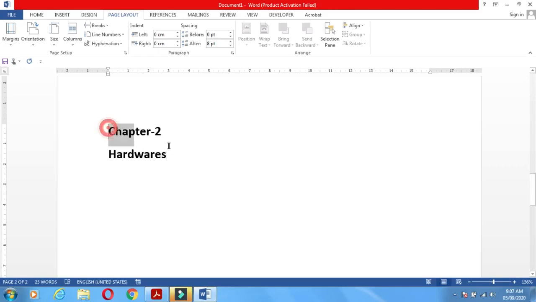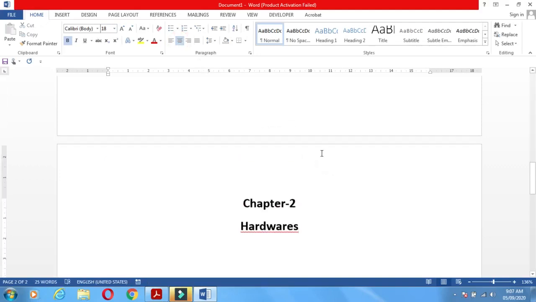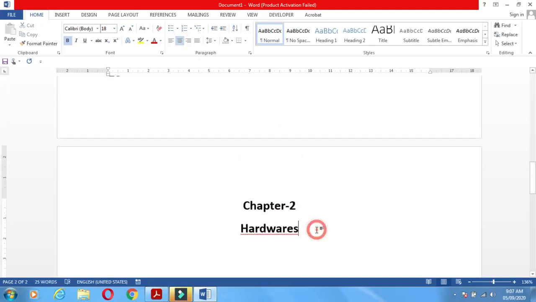So each and every chapter we can start on a different section. Now here is the page second. We are standing on the page second.